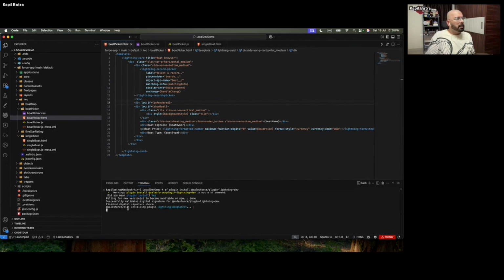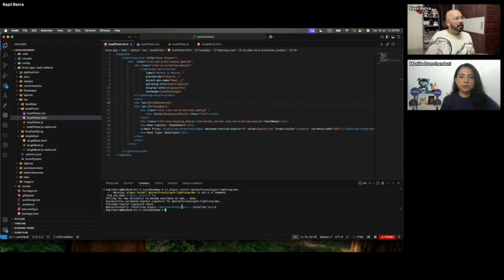Okay, as you can see here, it says installing plugin, and after that, you can see the name of the plugin, which is basically Lightning Local Development Server, and here it is installing the latest version of it. So this is installed right now with version 3.5.0. Okay, now let's say I'm going to run the command to open the Lightning Local Development Server, which is sf lightning dev app. So this is the command using which you can open your Lightning development server. So if I'm going to hit enter now,